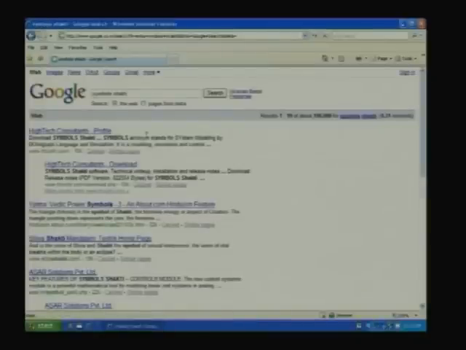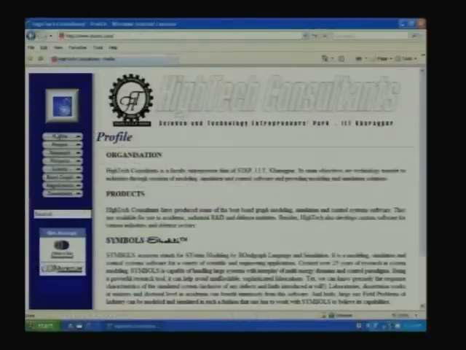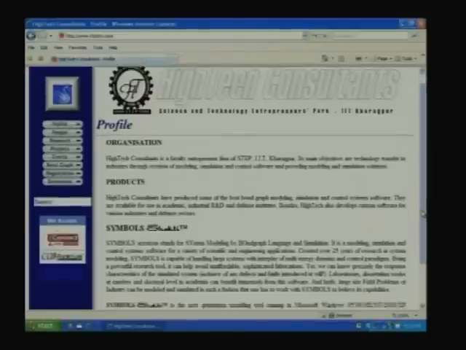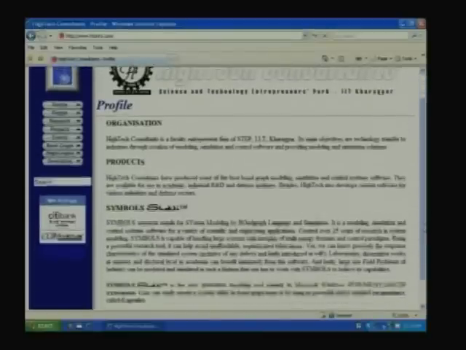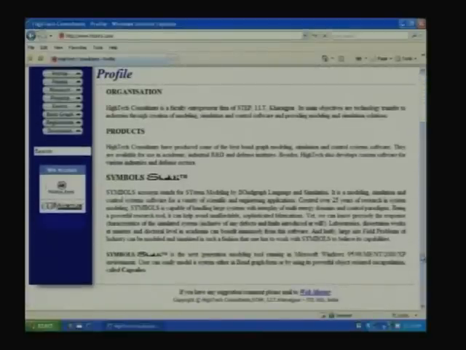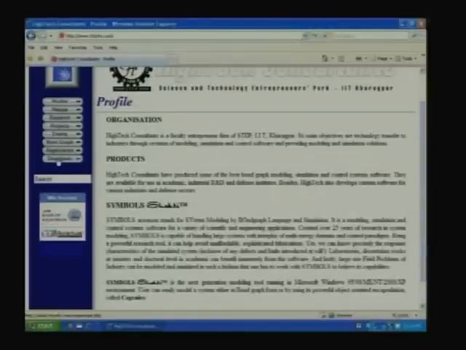So, it shows the first one is High Tech Consultants, that is a company floated within IIT Kharagpur. You can see that this is the company. The program was actually started by the students here, later it was developed further by professors, and ultimately it is commercialized. So, it is now available as a commercial software. In the left hand side you will see downloads. So, if you press the downloads,